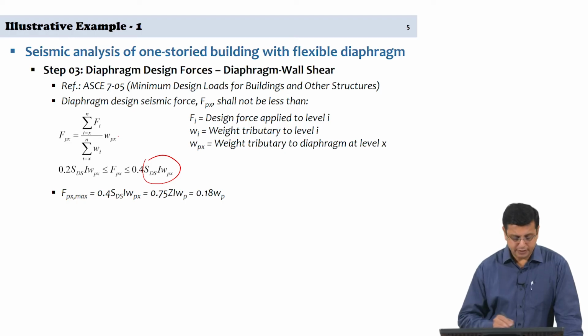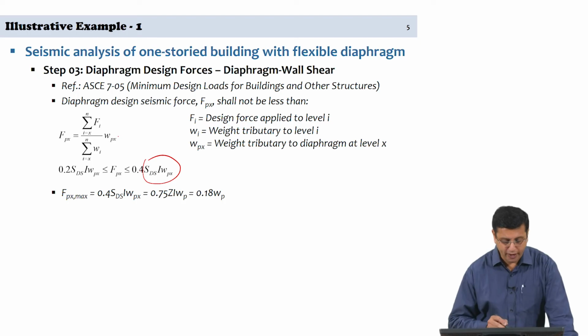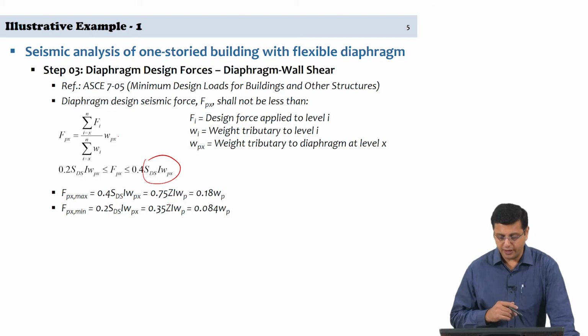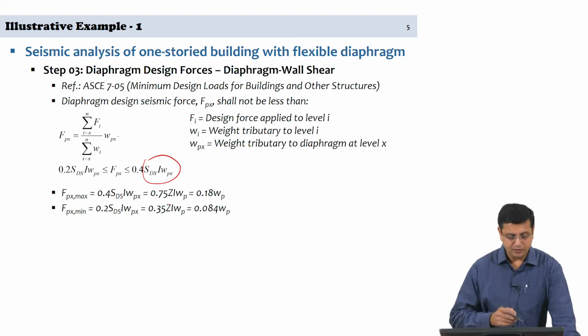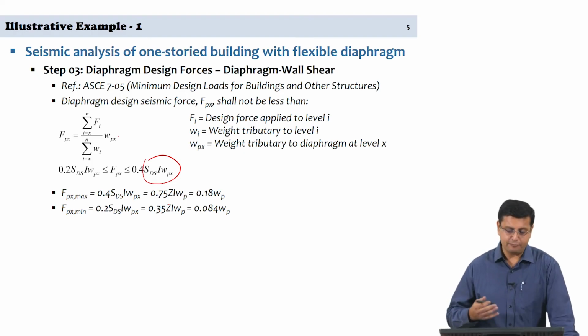However, let us have an upper bound and lower bound with respect to the IS code as well, and the upper bound is considered to be 75% of Z into I, importance factor, into Wpx, weight tributary to diaphragm at level x, and similarly Fpx minimum is 35%. So, with that we will be able to estimate what is Fpx max and Fpx minimum in our